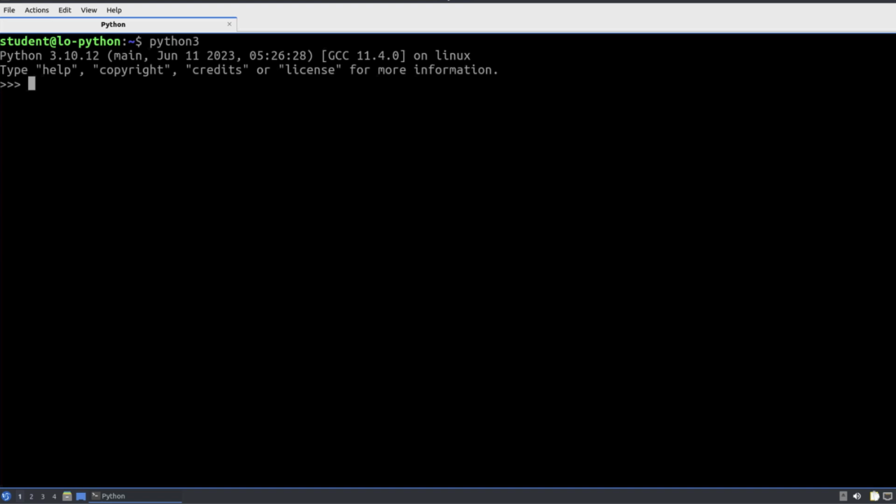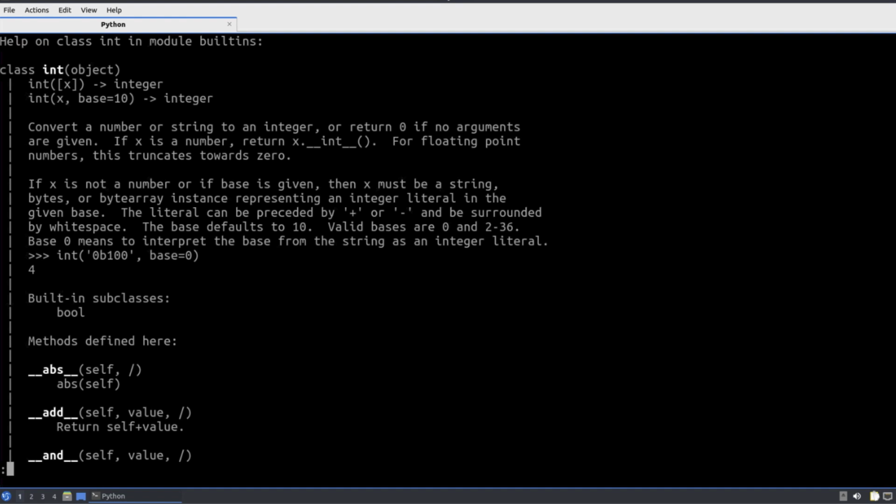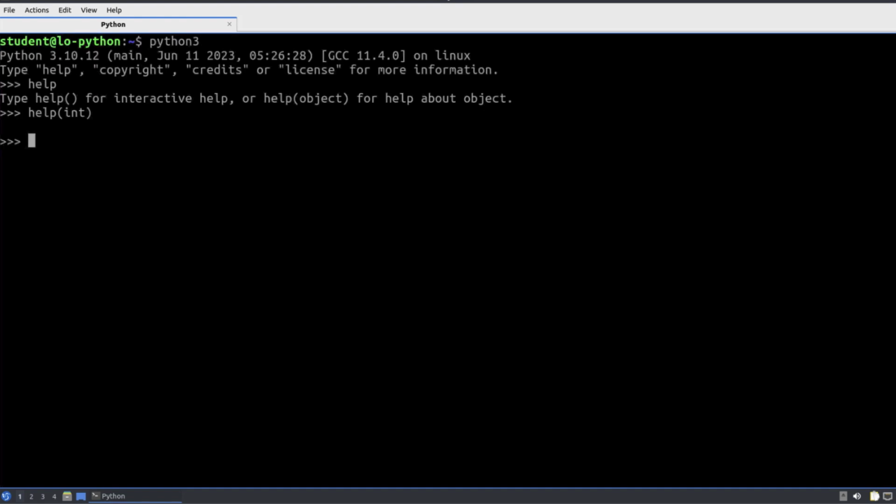You can see straight away it gives us the Python version that we're using, 3.10 in this case, but it also gives us some help messages. If we type help, it tells me we can get help from the full menu, or we can look at help on an object. People often overlook this welcome screen when they go into the interactive shell. If I look at help on an integer, so help, parentheses, and then int, we can see a little bit of information about what we can do with numbers or integers. But that's not what we're primarily here for.